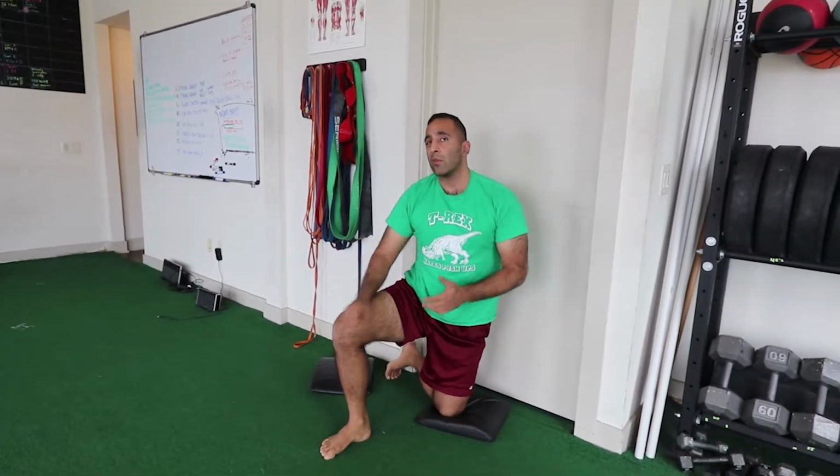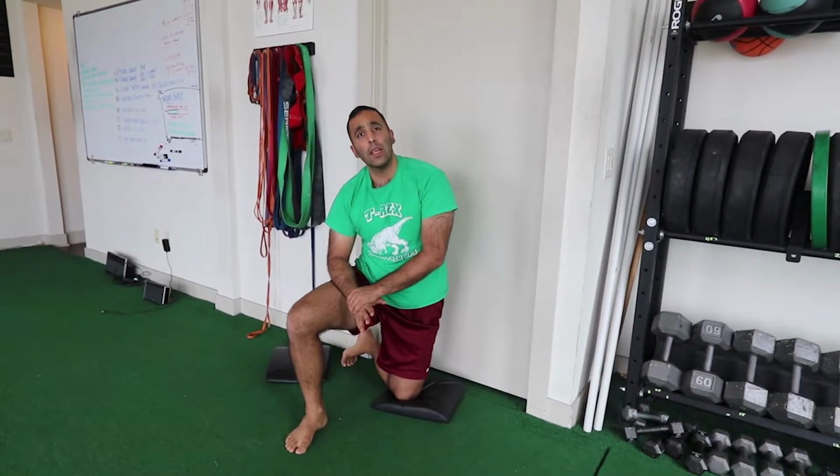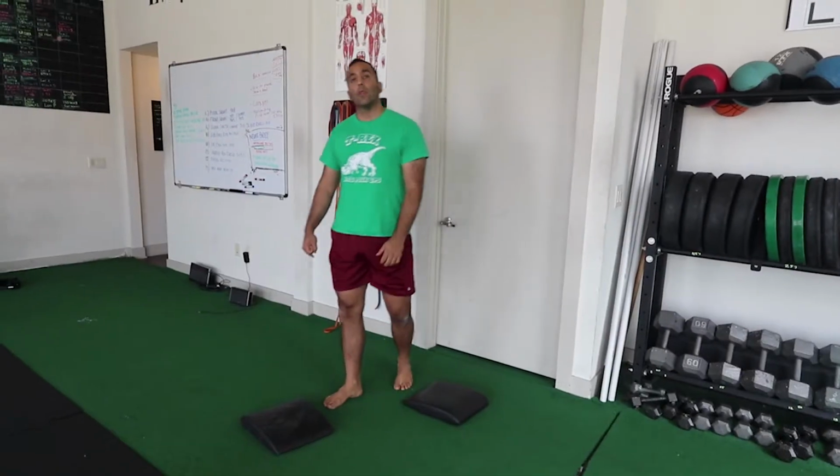I'd recommend, if you're really, really tight, to spend about 5 minutes on each side. You can split it up however you want to. You can do sets of like a minute throughout the day. 5 minutes a day, no doubt. If you're ridiculously tight, at least 10 minutes a day, guys. Okay? All right, guys, so the last thing, or actually the second to last thing we're gonna work on is